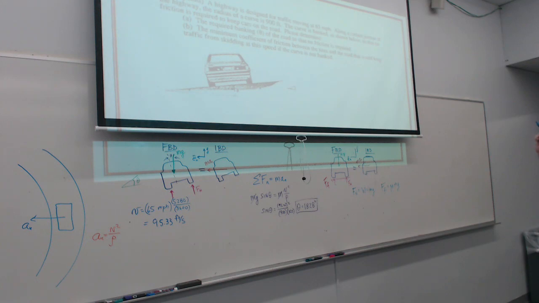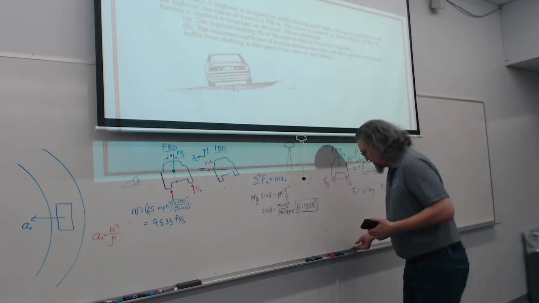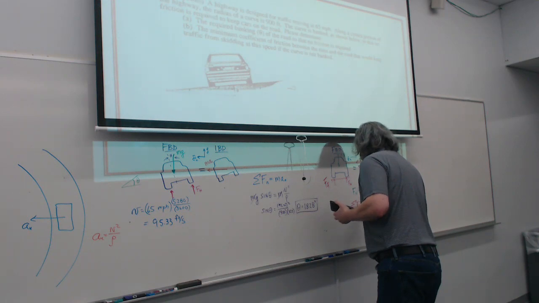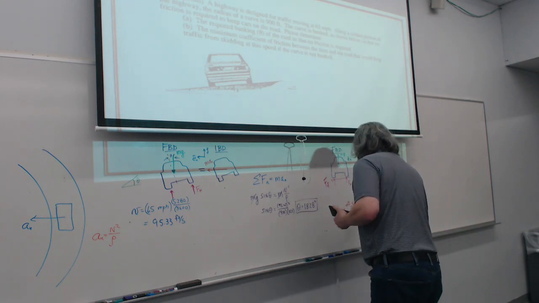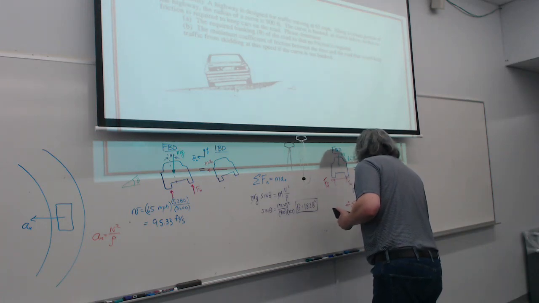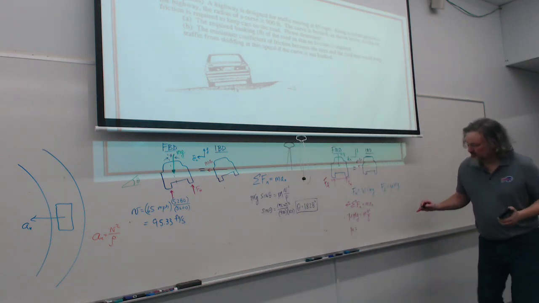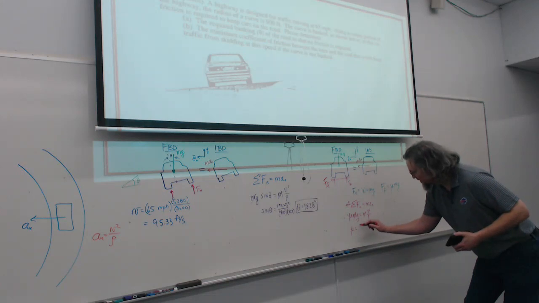Between the tires and the road that will keep the traffic from skidding at this speed, right? So they're going at the same speed. So now, once again, we do the summation of forces in the normal direction. It's equal to mass times acceleration in the normal direction. So we have mu mg is equal to m v squared over rho. Fortunately, masses cancel out. That's great news. It's just going to be v squared over rho g,